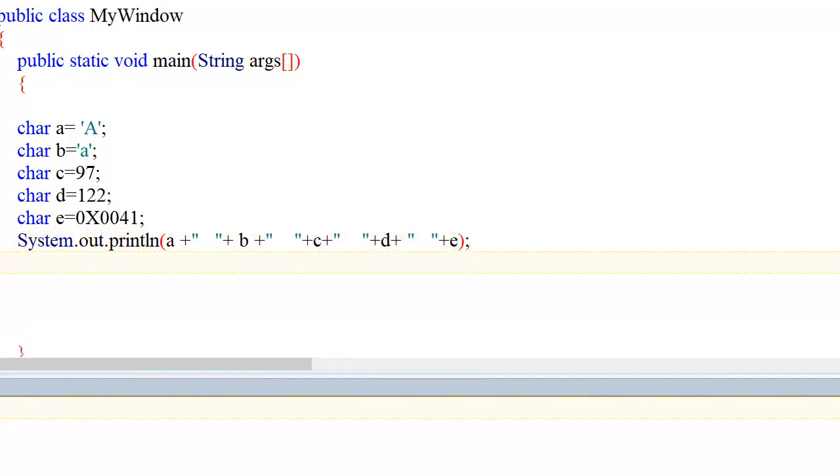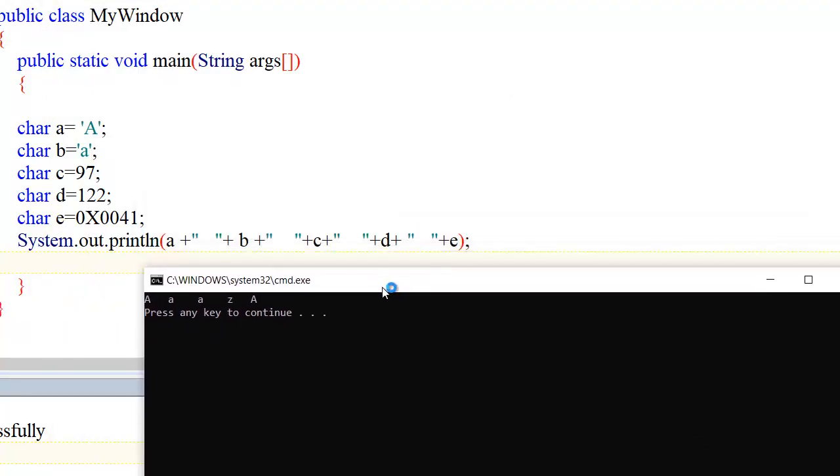So I have separated all these variables with a space. Here the plus is used as string concatenation, meaning adding two strings. It will not add 5 plus 6 plus 7, it will add the strings. I will explain more details.